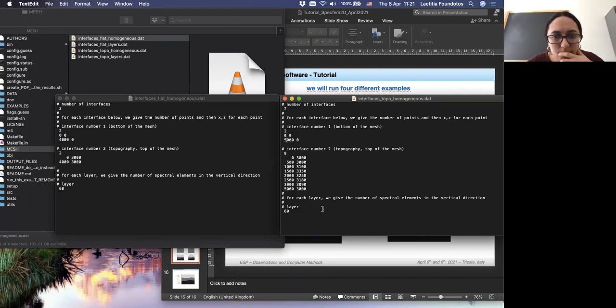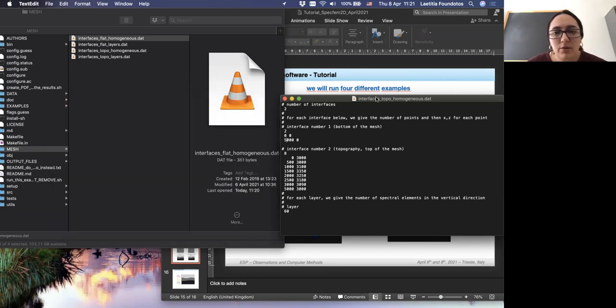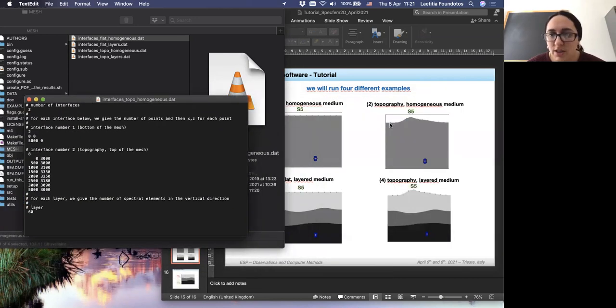In the first example, it was flat, so only 2 points are sufficient. But now we want a topography, so we indicate some points with different values, and we can create this shape. The number of elements along the vertical direction remains the same.